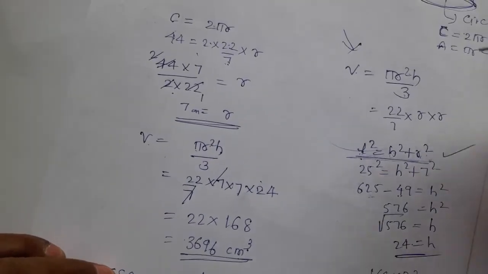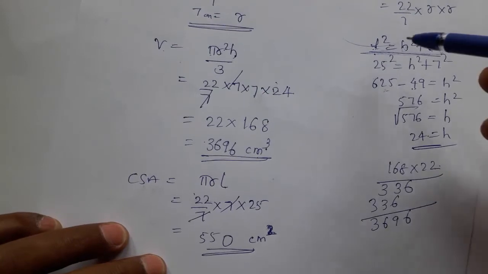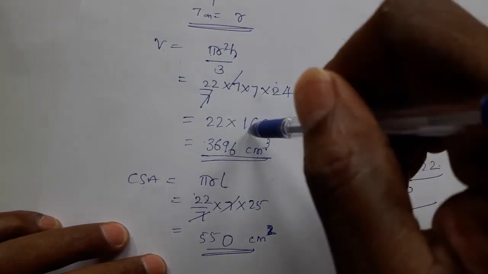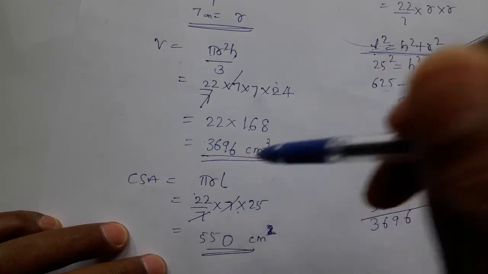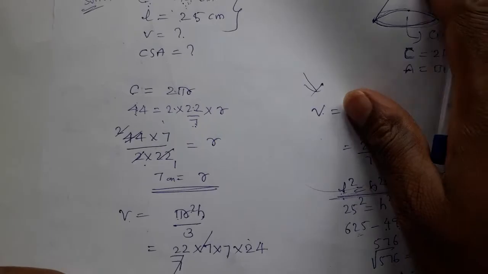So in this problem, a circumference calculation is there. L square is equal to S square plus R square, this calculation also there. Two calculations, volume third, and curved surface area fourth. Totally 4 calculations we did. Absolutely, this question is for 4 marks. So we move on to the second example.